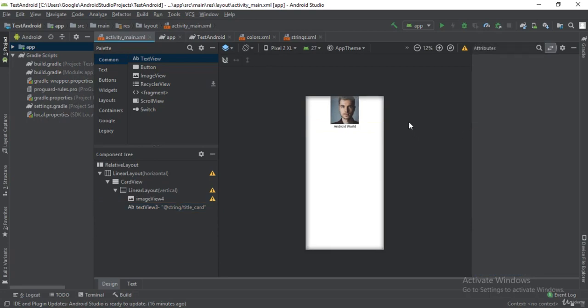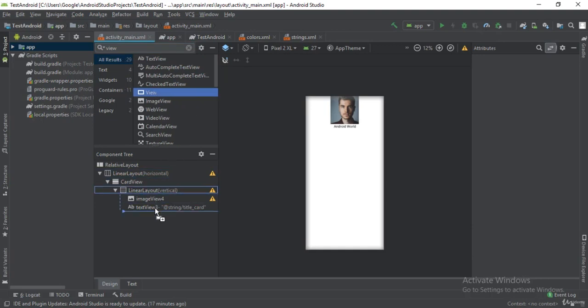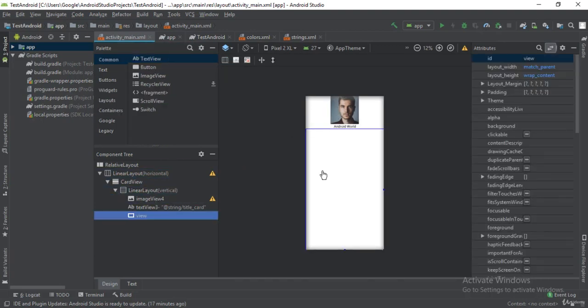Also, I'm going to introduce you to another type of view, which is just a View. Search for the view, and we have it right here. Now, as you can see, there is nothing being added, but actually there is, but we need to add some properties to customize it. For example, I want to make it look like a line. So I'm going to search here for the width to be match parent, and let's assign the height to be, let's say,